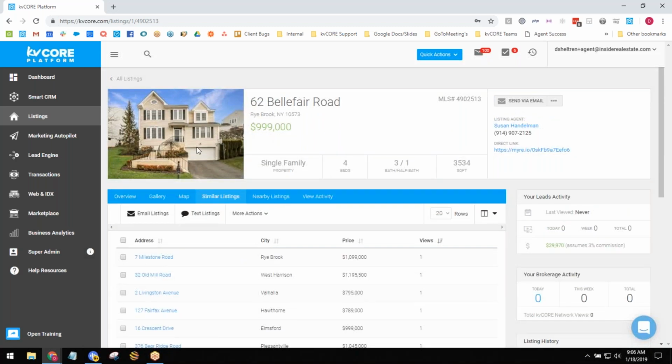What I mean by that is the same technology that Google or Amazon uses. It's called image recognition technology. So if you are looking at one product or car or something like that, it's going to suggest other cars or other products that you may be interested in just based on the look of the property.